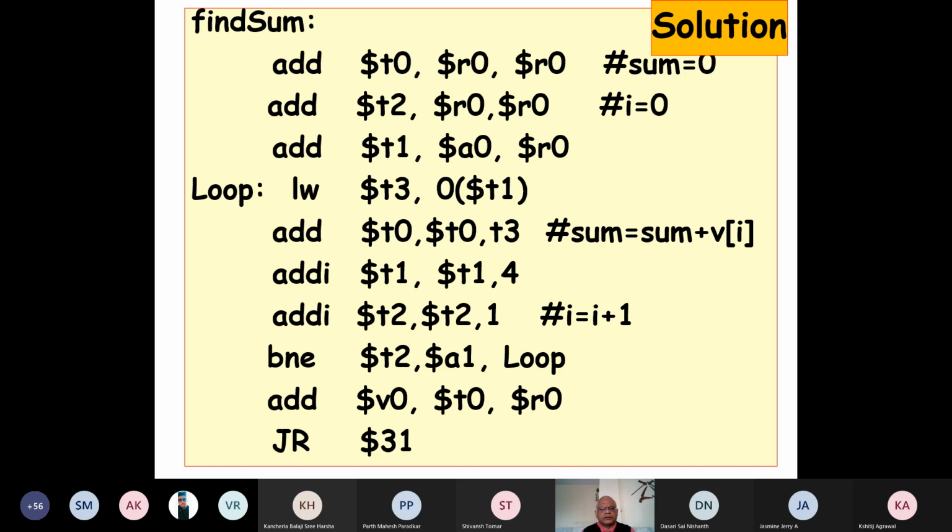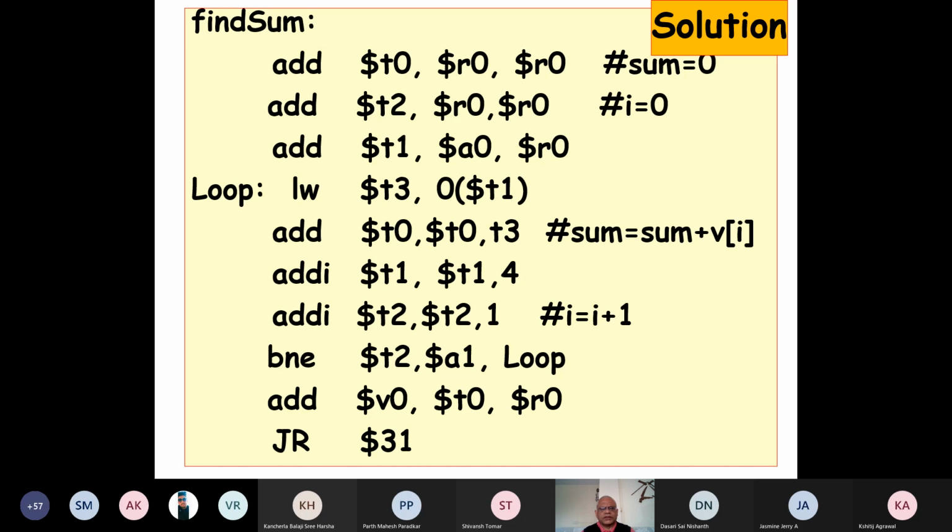Now we have this instruction with A0. Remember, A0 contains the address of the array. And we have moved the address of the array into the T1 register. We don't have a separate move instruction. We just added 0 to A0 and moved it to T1.